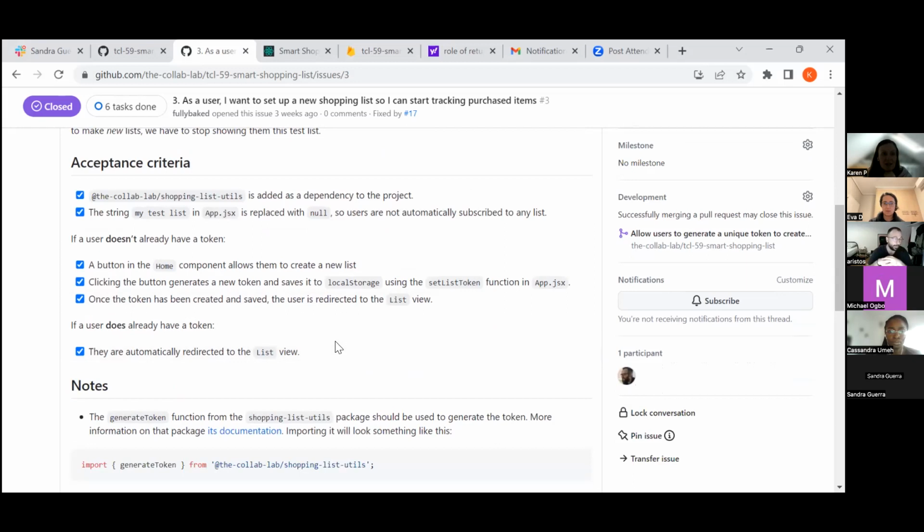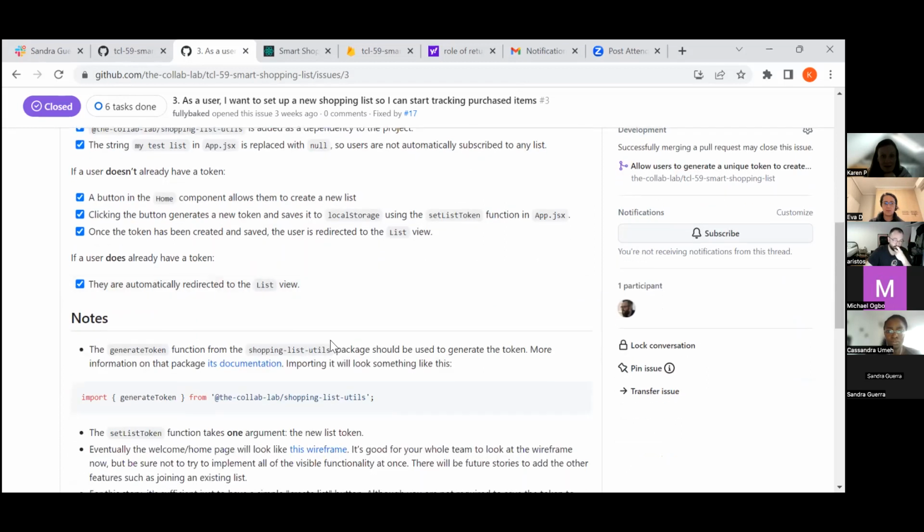If a user doesn't have a token, we added a button in the home component. When the user clicks that button, the generate token function, supplied in the utils package, creates a new token and automatically saves it to local storage. Then the user is redirected to the list view. If they already had a token, they are automatically redirected to the list view.